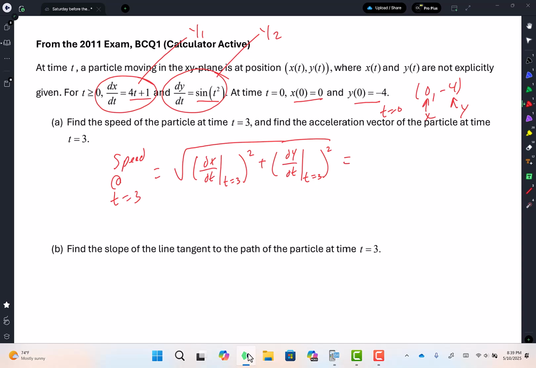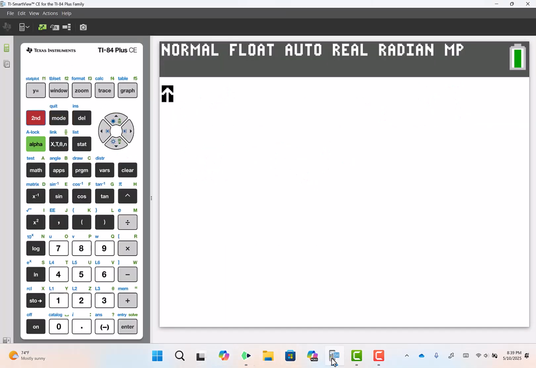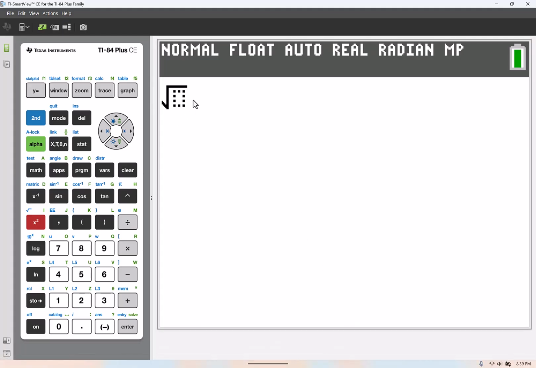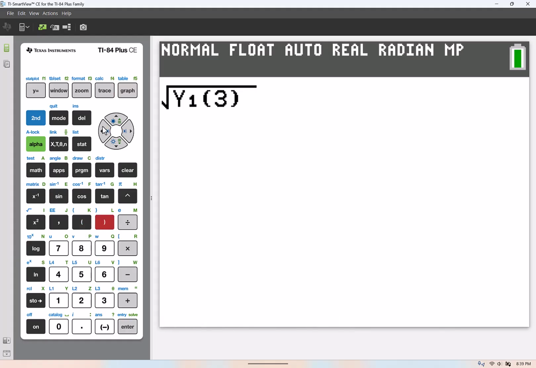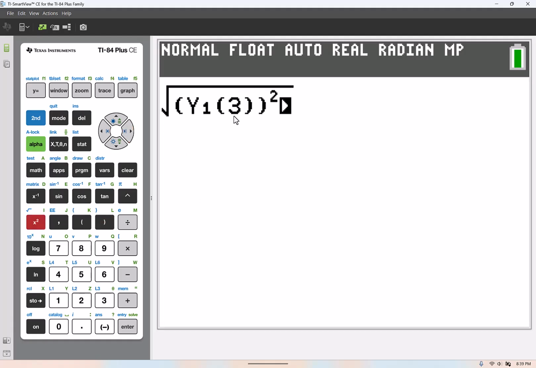So I'm going to get my calculator, and I'm going to go square root, and then remember I already have it in y1 and y2. So alpha trace y1, I'm going to put parenthesis 3. And I should have put parentheses from the beginning. You're probably safe just typing in a square there, but I'm super paranoid here, so I like to do it like that. See, so there it is, y1 of 3, whatever that is, square it, plus, and I